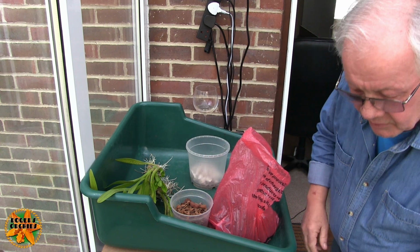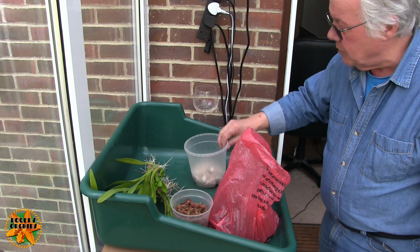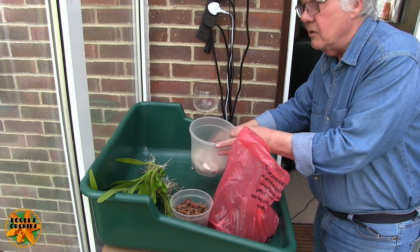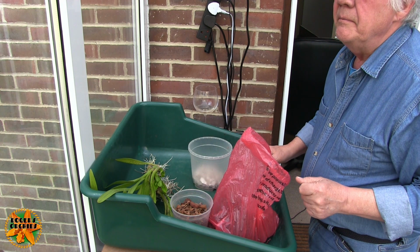polystyrene bits. It seems such a waste not to use them, quite honestly, because although it's a see-through pot and I'll be able to see them, and I don't like them to look at. I mean, they do the job. Don't like them to look at, but